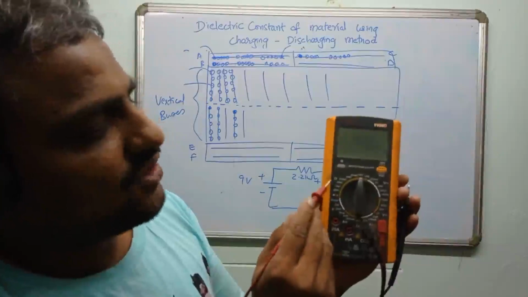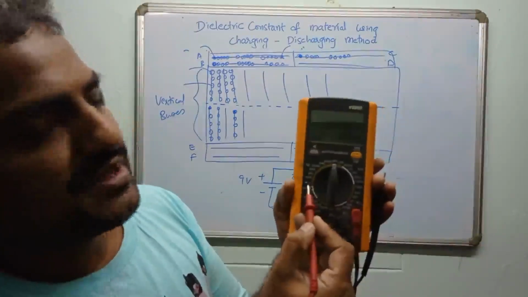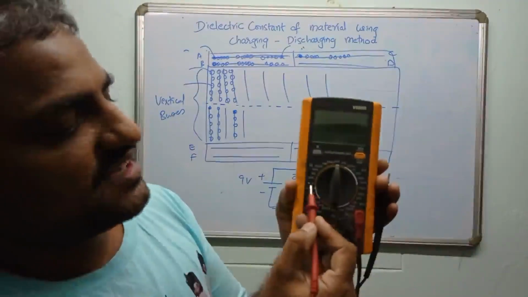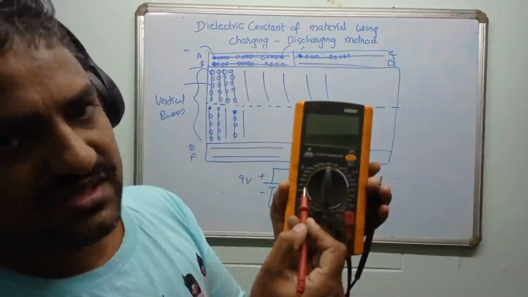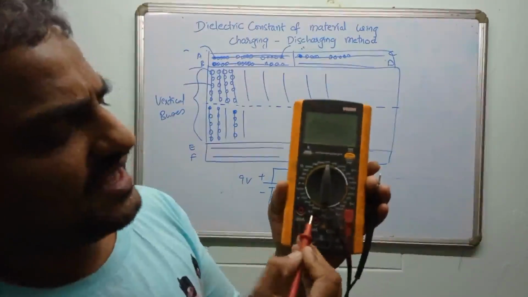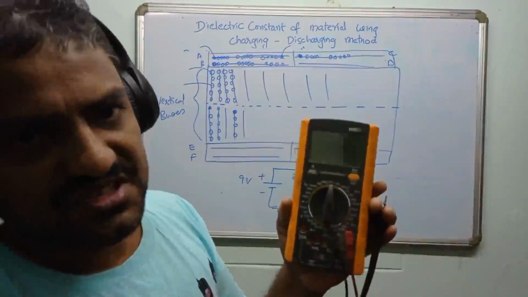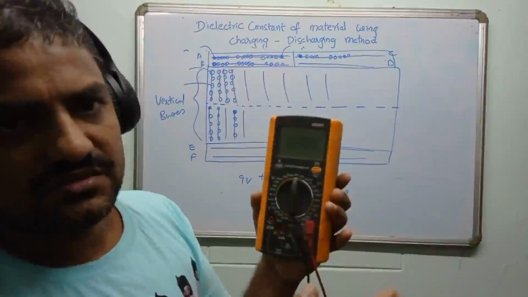Similarly, you can measure the ohm resistance on this side, and there is a diode symbol as well as a beeper sound symbol, which indicates the diode testing as well as the continuity testing mode. Similarly, F represents the farad, A represents the amperage, right? So these are the various functions which you can measure with the help of this multimeter.